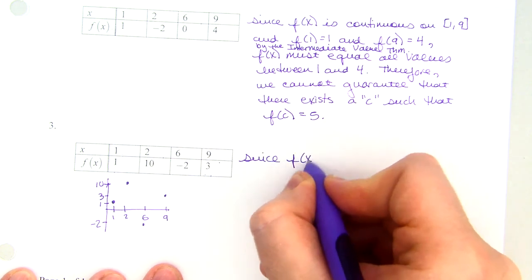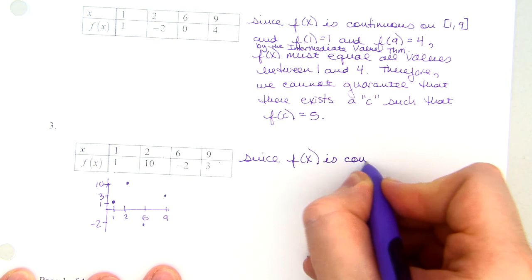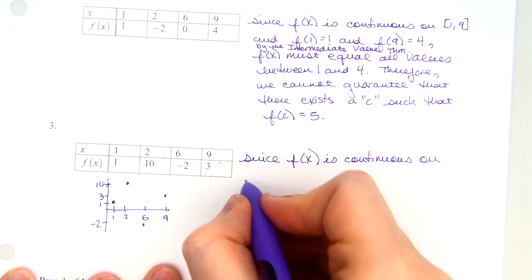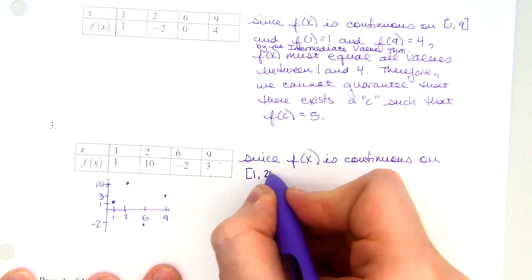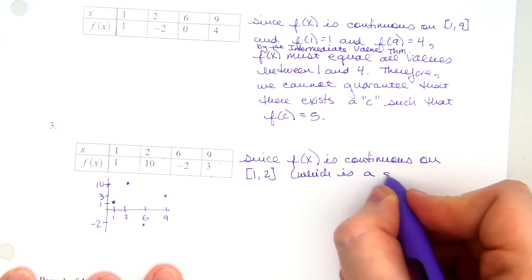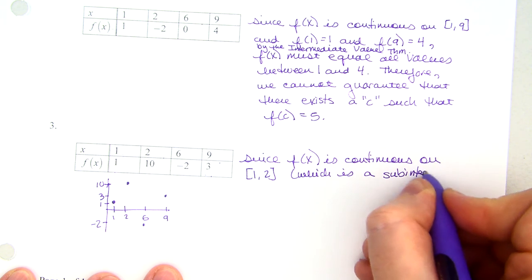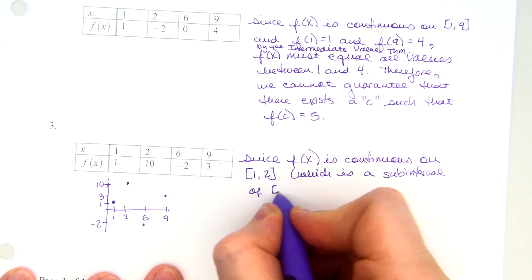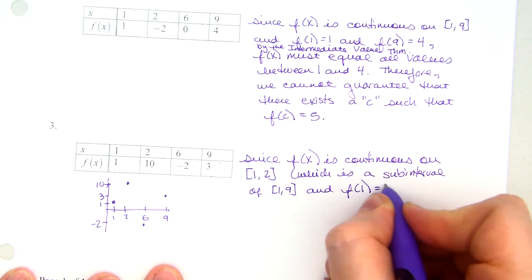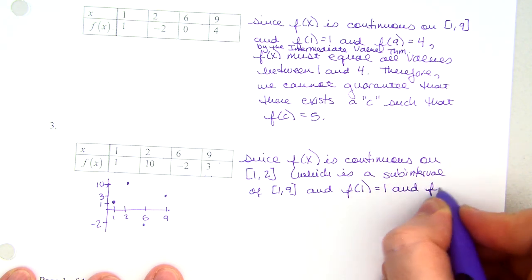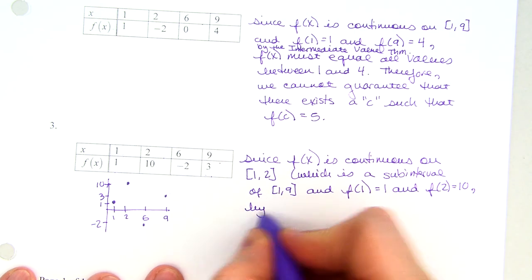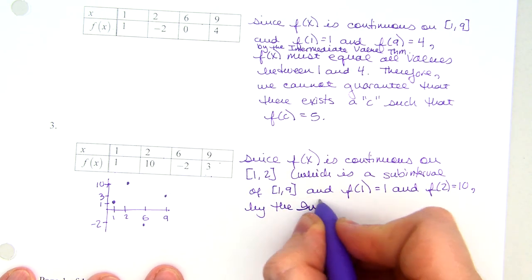Since f of x is continuous on, let's say 1 comma 2, which is a subinterval of 1 comma 9, and f of 1 equals 1, and f of 2 equals 10, I'm going to remember the phrase this time, by the intermediate value theorem,